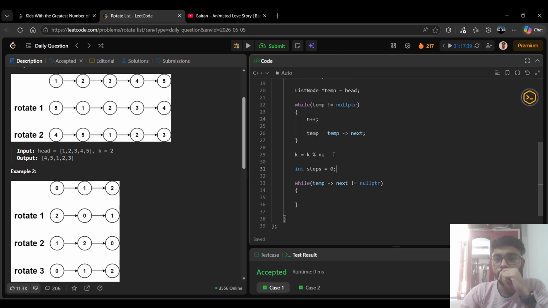Here it was, first of all it was 0, then became 1, became 2, then became 3. So the steps will be 0. First step which I will do is steps plus plus. Then if steps equals to n minus k,